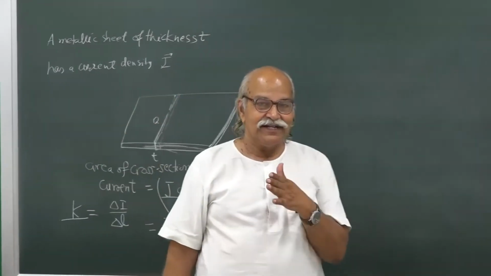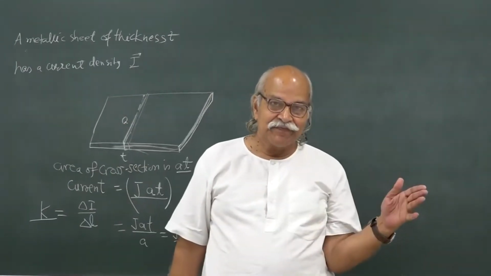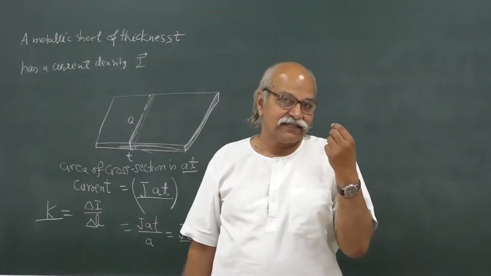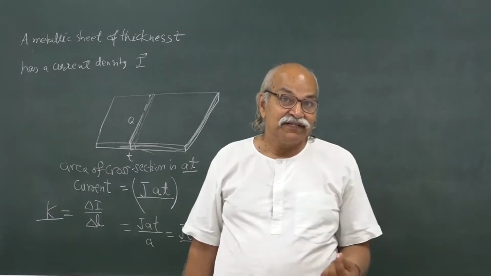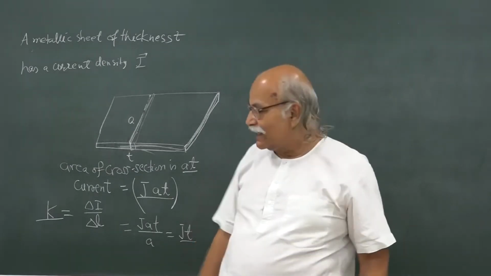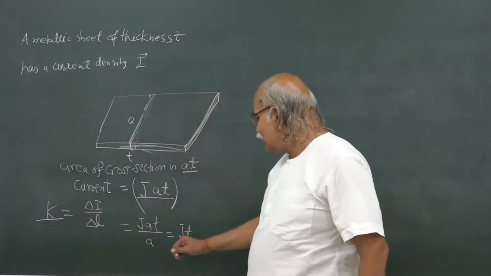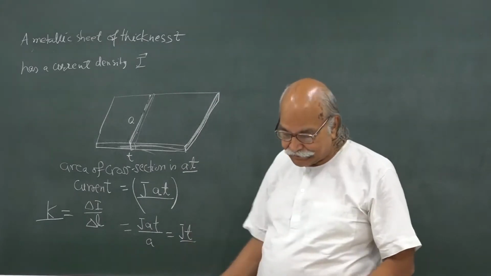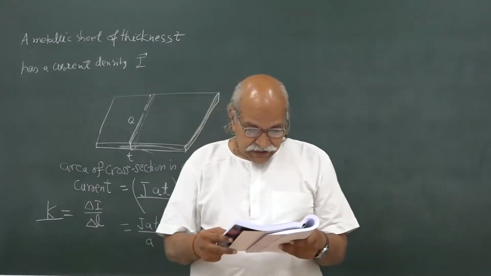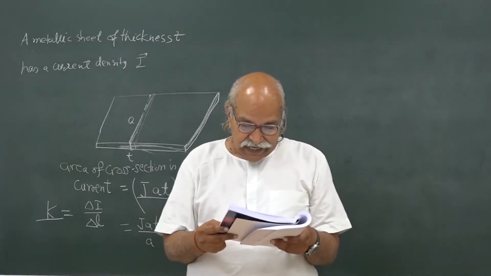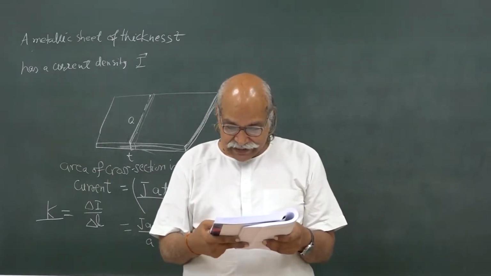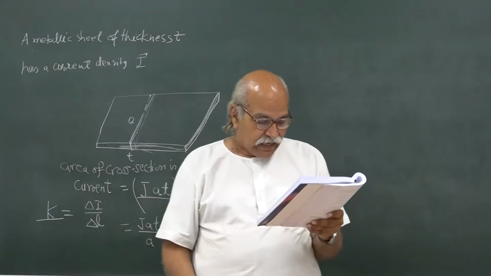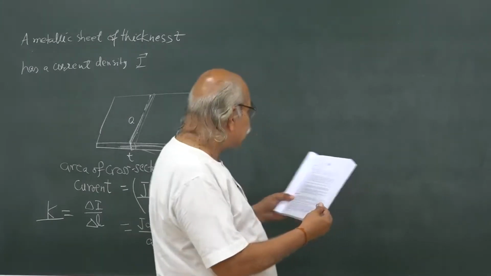So K is J times T. If the volume current density is J and I treat the thickness as very small and consider it as a surface current, we describe it in terms of surface current density, and that has this relation with volume current density: K is J times T. Now, the next question is, an isolated radioactive source,